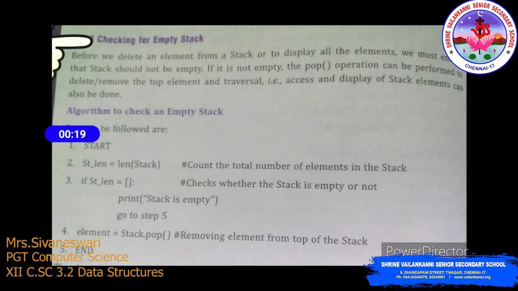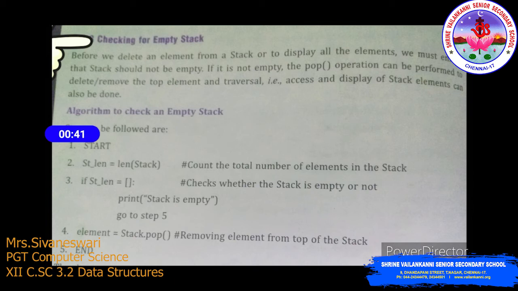So let's see the algorithm. Start. st_len is equal to length of stack. The length of the stack is stored under the variable st_len. Now we check the if condition, whether st_len is empty or not. If it is 0, then the stack is empty.